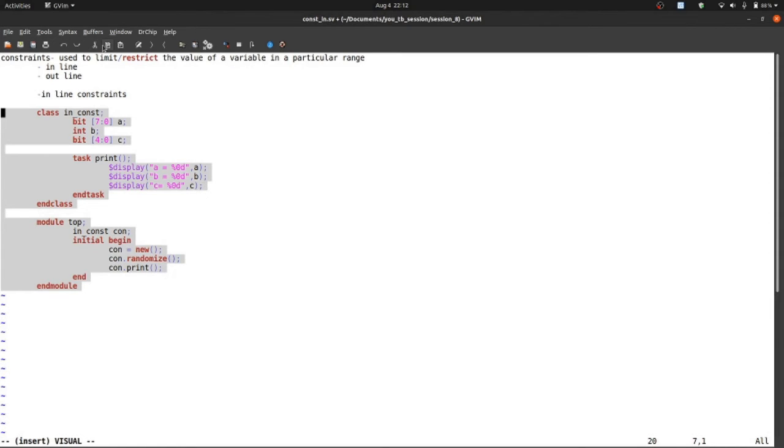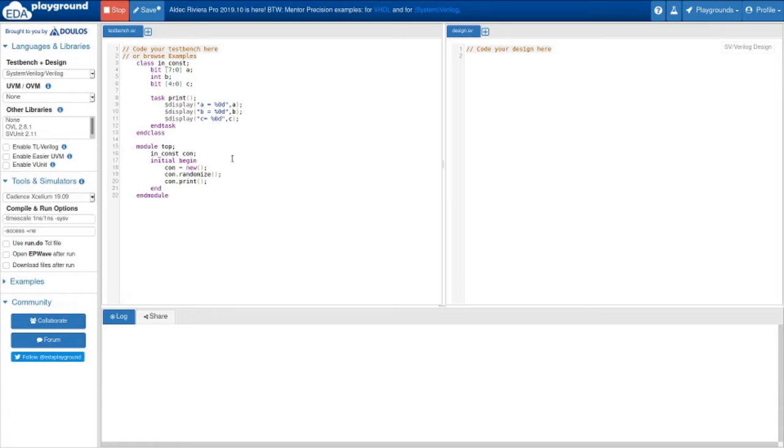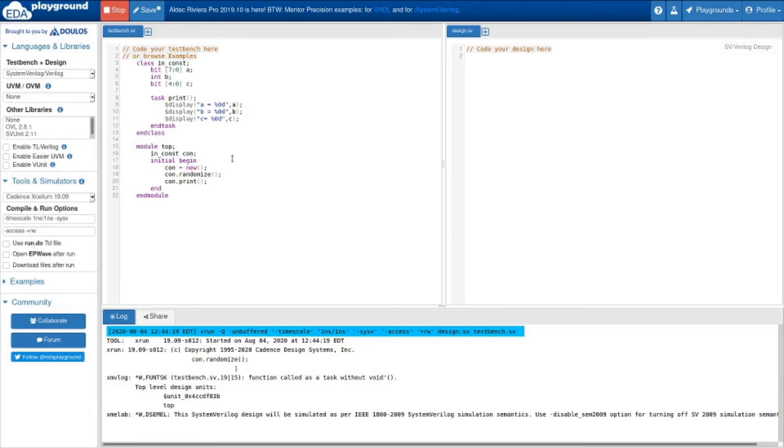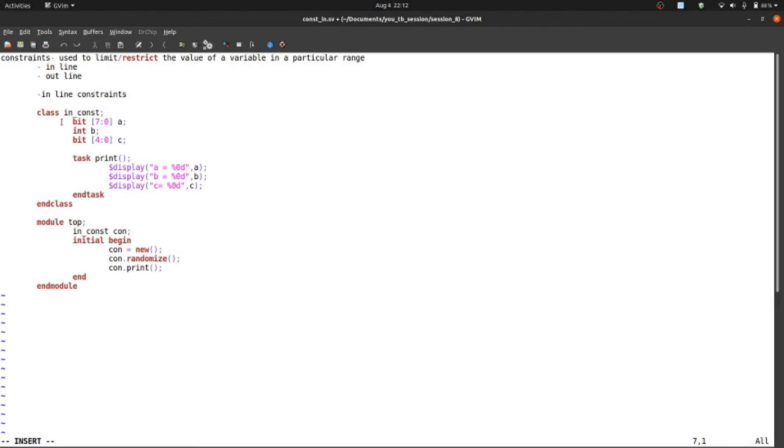What is the output? As we can see, a is equal to 0, b is equal to 0, c is equal to 0. So what is the problem? We should write the rand keyword, as we discussed in the previous video, right?